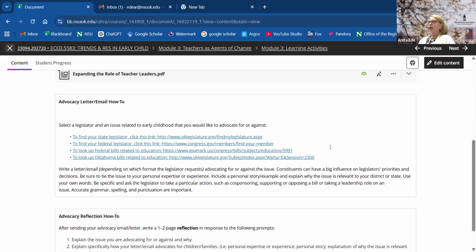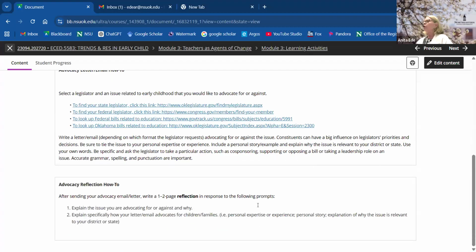Once you send that, you're actually going to send it off. You're going to submit a copy of that to me by the end of the week. And then you're going to write a reflection on the process, 1 to 2 pages. Explain the issue you're advocating for or against. Why is it important? Why did you pick it?